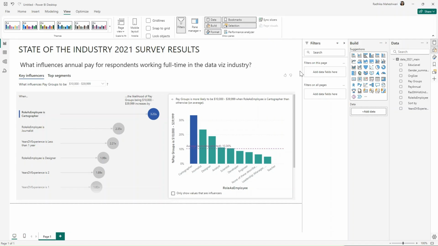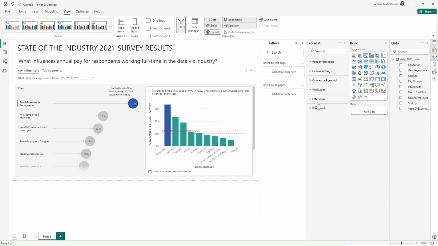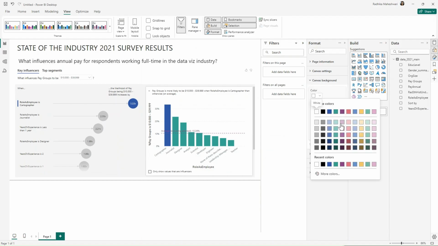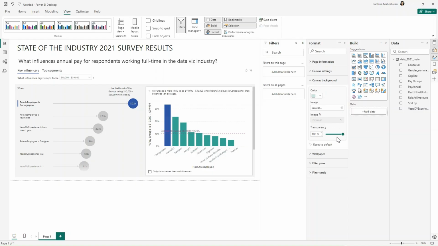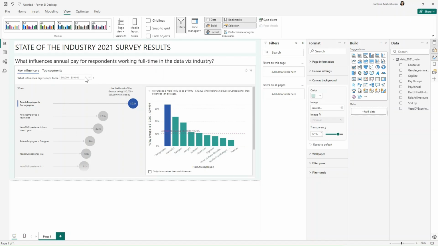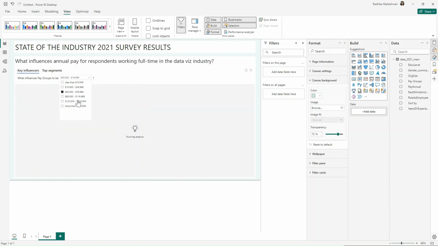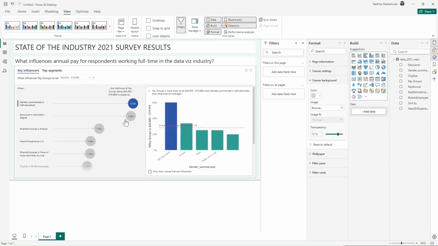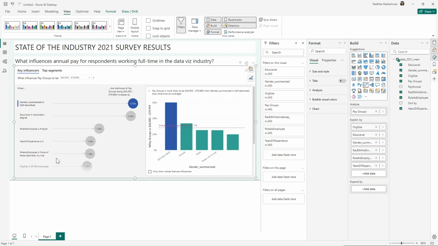So I'll click on this blank space and then go to canvas background. And in here, select this light green color. And we can then rearrange these. And now we can just choose one of the groups and we see how the pay is explained by the different values that we have.